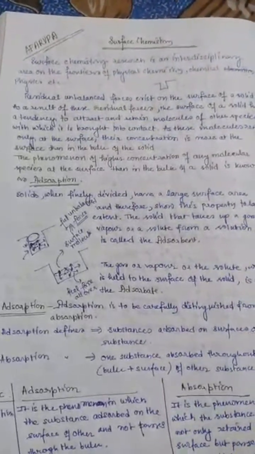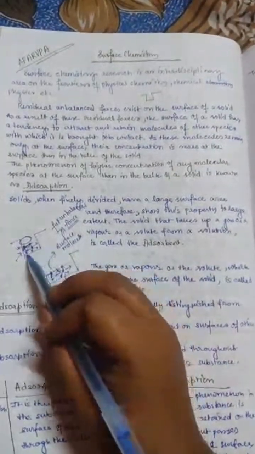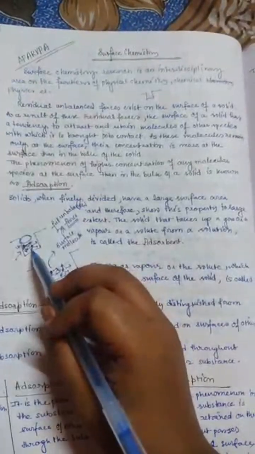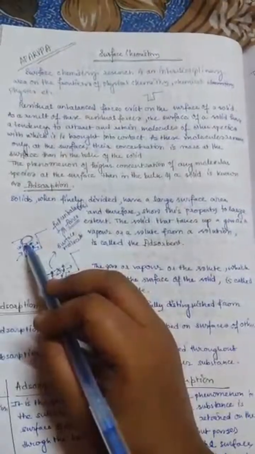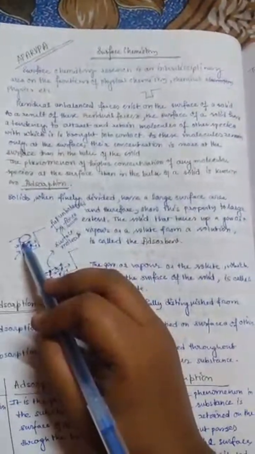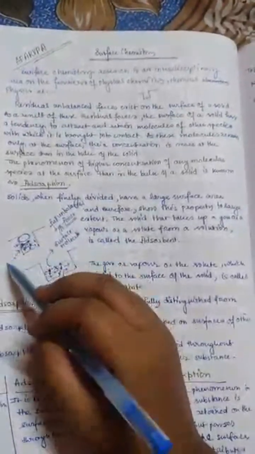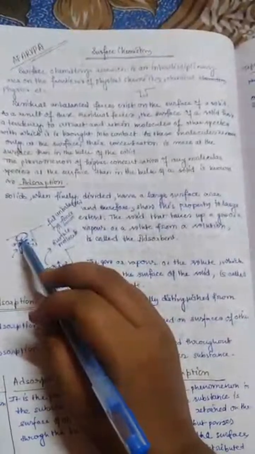Okay, so you know that a molecule in the middle of the compound feels attraction pull from all sides. It gets attraction pull from all directions, but a molecule on the upper side never gets that much attraction force from upward. Although it gets attraction force from the molecules below, it does not get it from above.